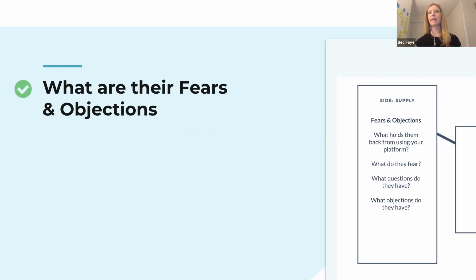Now, understanding the fears and objections. This is all about understanding what holds them back from using your platform. What do they fear? What kind of questions do they have? What kind of objections do they have? Now, the reason why I think this is one of the most important under this pillar, particularly for those of you who are trying to disrupt the way that people are doing things, trying to disrupt habits, things like that. If you're disrupting something, you really need to get to the bottom of why on earth would somebody change what they're already doing to do it the new way that you're offering. And what are the hesitations that are around that? Now, if you can nail that in the communications, in your messaging, but also in the technology, you're in a really great place to start.